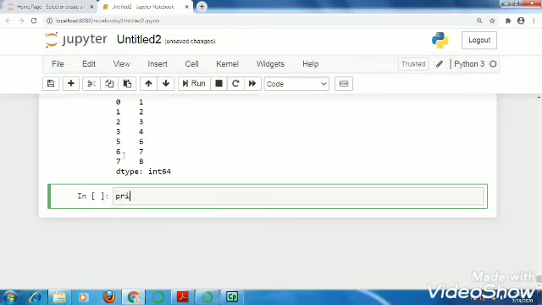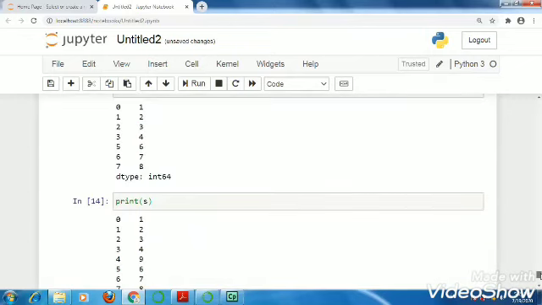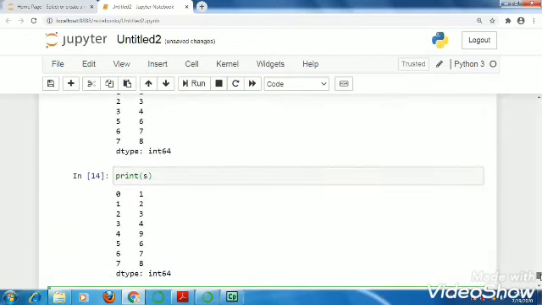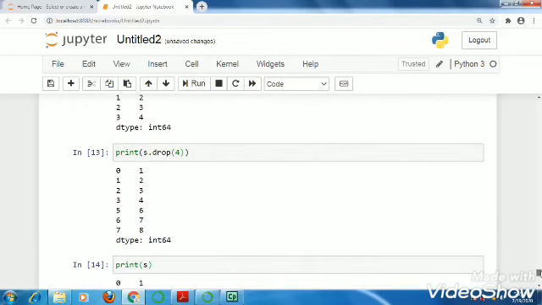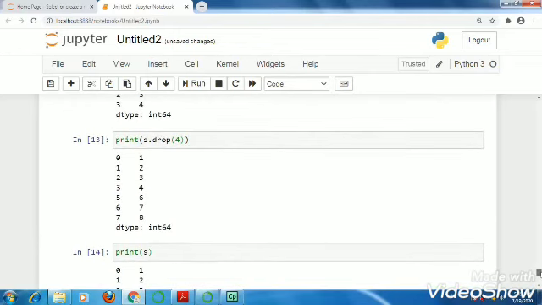But if you write print s, you can see index 4 is there. That means it will not remove it from the series; just for display purposes it removes it and returns the state of the series after dropping. So this is the way you can remove an element at the time of display.